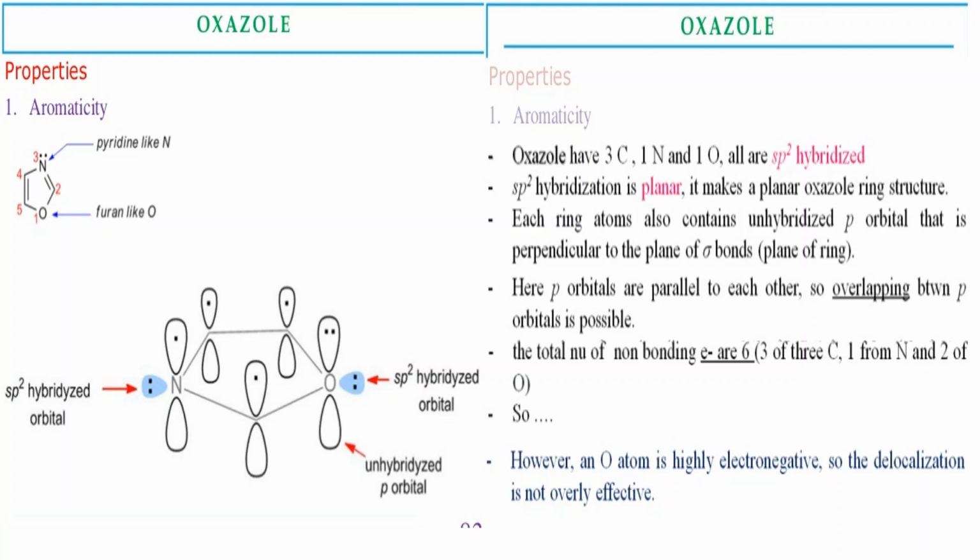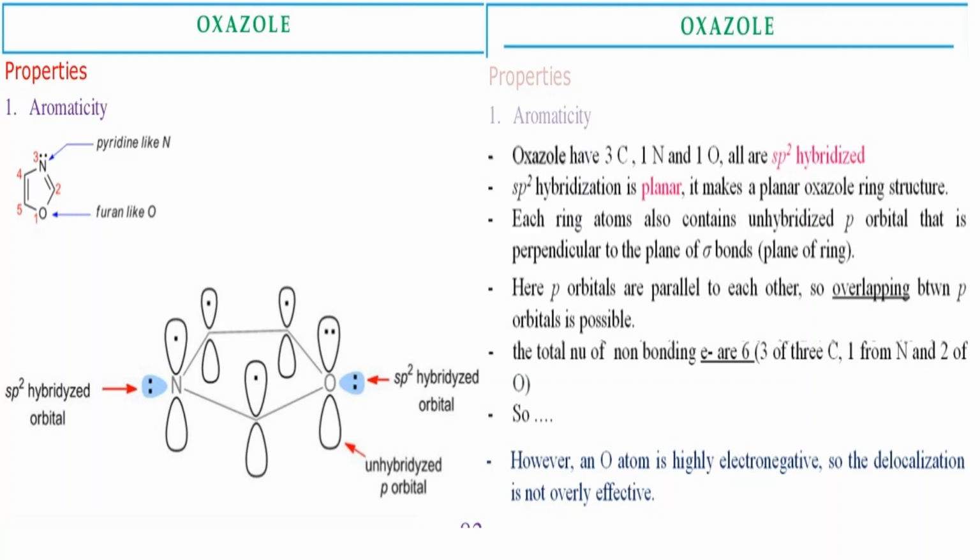It is planar, sp2 hybridized, everything is the same. The unhybridized p orbitals are perpendicular to the plane. The 3 carbons give 1 electron each. Nitrogen gives 1 electron from its sp2, and the lone pair of electrons from oxygen is given to form the